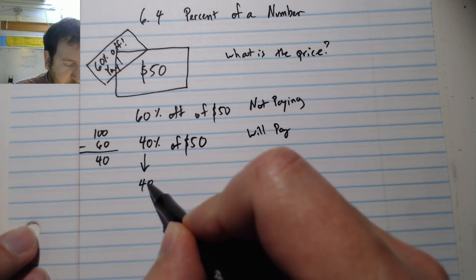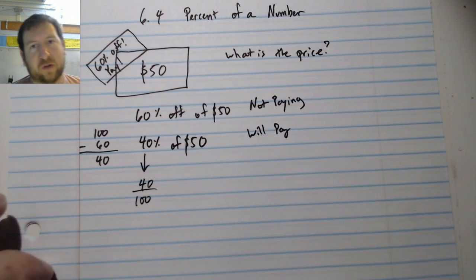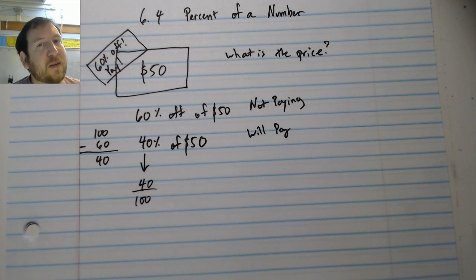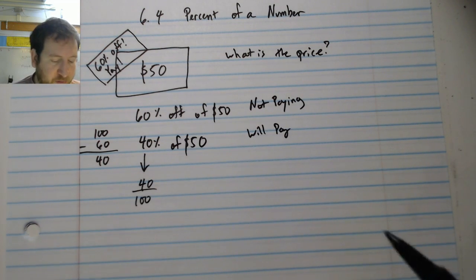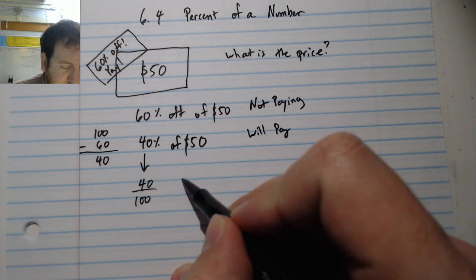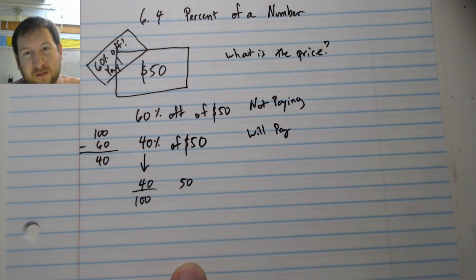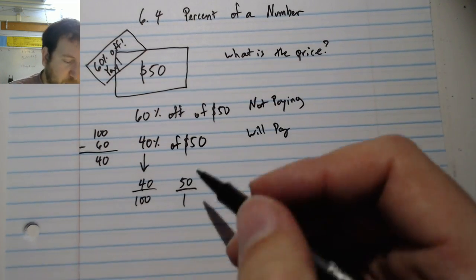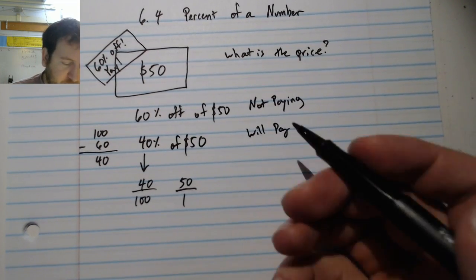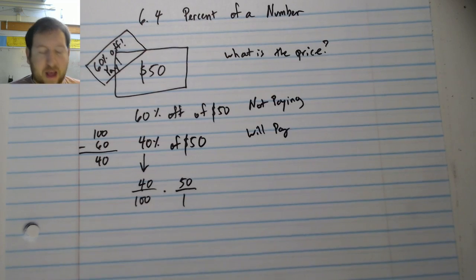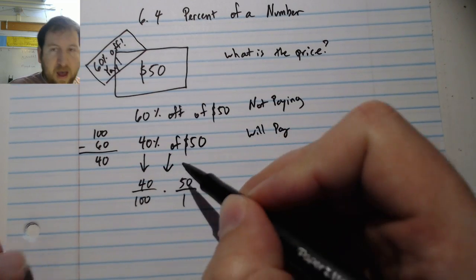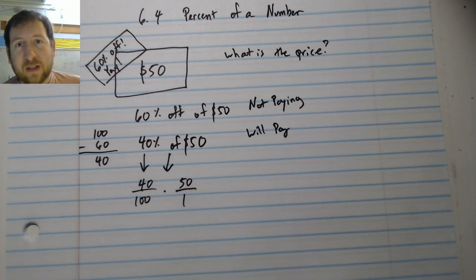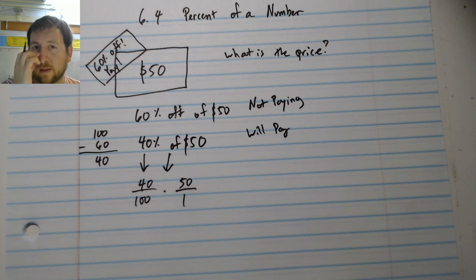It's 40 over 100, because that's how I can always turn any percent back to how it was before. And I can write $50, or 50, as a fraction as well. And that I just write as 50 wholes, or 50 filled in circles. And I'm just going to turn that "of" into a multiplication. And now I can solve this just like I would normally,